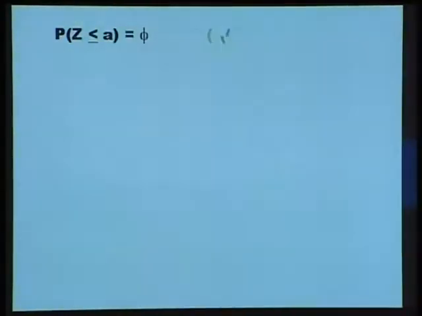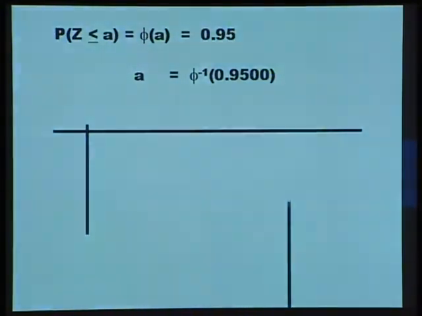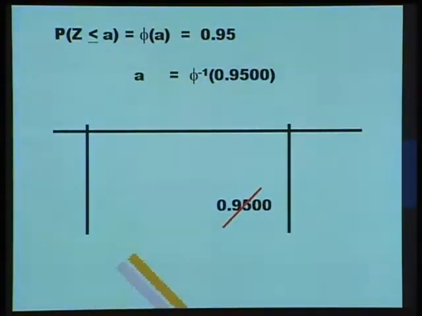Let's take another example to find the value of phi inverse, and in this case, we will use an example in which we'll also be using the third decimal place in the value of z. Suppose that you're told phi of a is 0.95 and you're asked to find the value of a. Of course, the value of a would be phi inverse of 0.95. We'll start by locating 0.95 in the table, and we find that 0.95 is not there in the table. So in this case, you would take a value which is closest to 0.95 but less than 0.95,